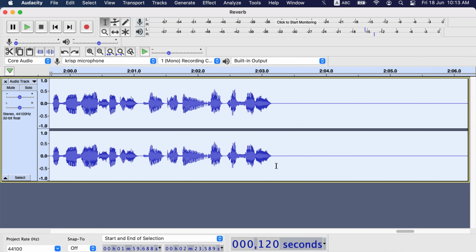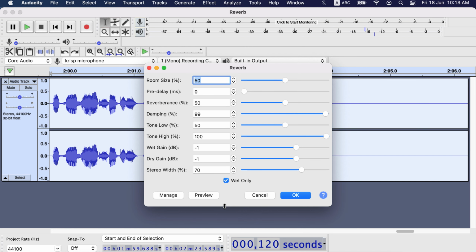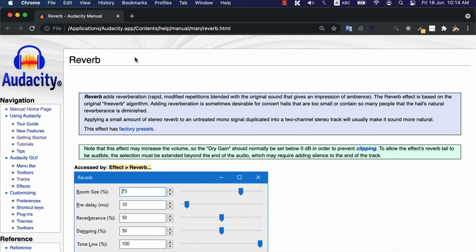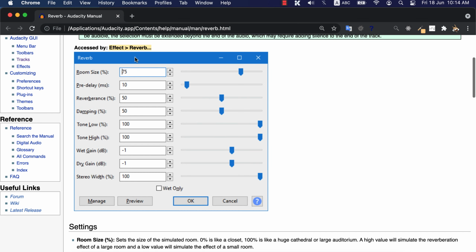This only reverb part can help you to adjust the reverb settings. Try with different room size, pre-delay and reverberance until you get the desired reverb effect. Keep in mind you should use this wet only checkbox for finding out the added reverb. For final production, this checkbox should be unchecked. If you want to know more about the reverb settings, click the help icon at the bottom. You will get details of every field.